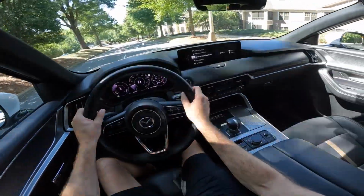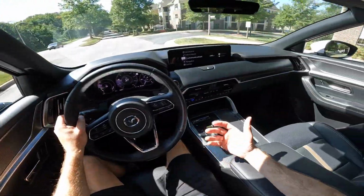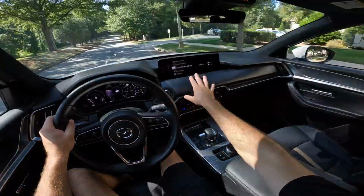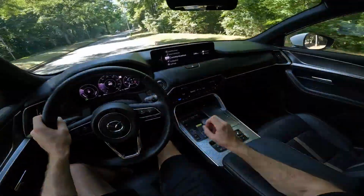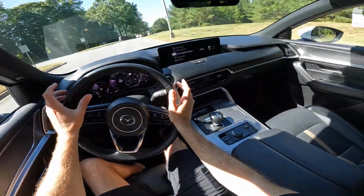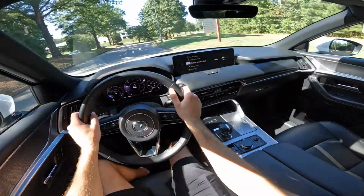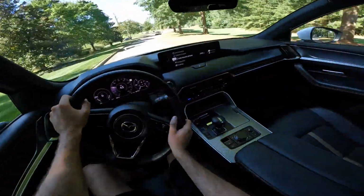But as far as the driving experience goes, I would say they're pretty much equal. This is very comfortable and quiet. It's what you would expect for a vehicle like this as far as daily driving it. I will say, aside from not having the touchscreen, I think it's a little bit cleaner here, but I do like that there's no shift knob in the Acadia. But honestly, I don't think you can go wrong with either. We have a little bit more space with this model, and it just depends really on the brand that you like more. We don't have quite as many driving modes in this,